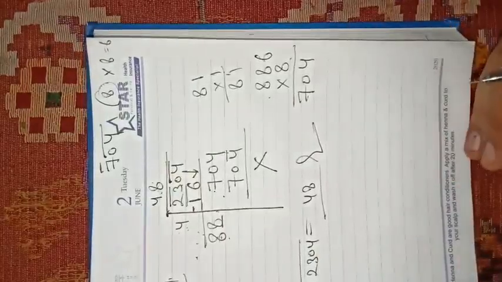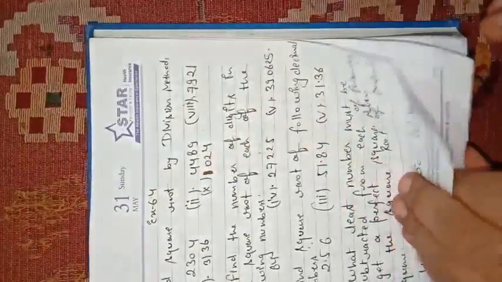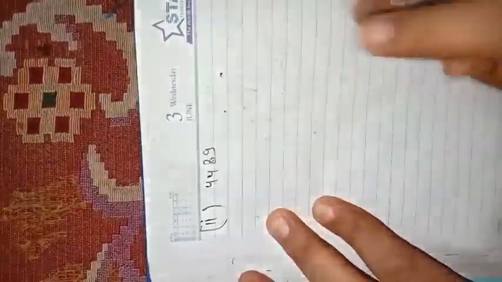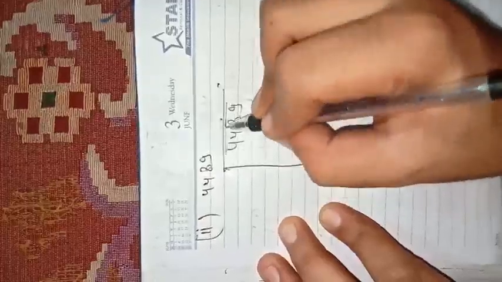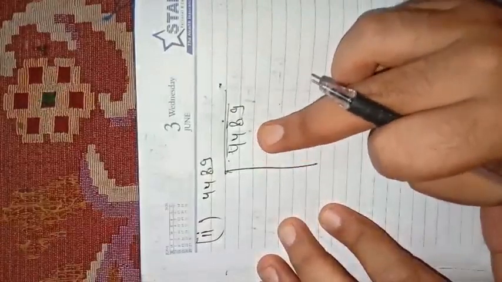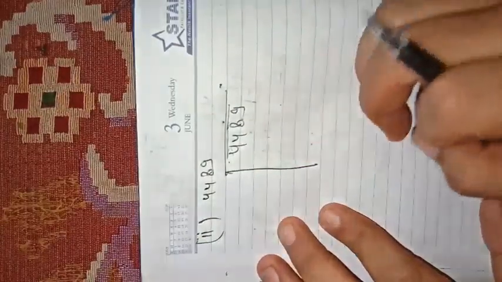We will solve a few more questions if you have any doubt remaining. So let us solve the second part, that is 4489. The very first step will be, we will make an arrangement, then we will make the pairs. Two pairs we have already made. The number which we will write here below 44 should be a perfect square and less than 44.